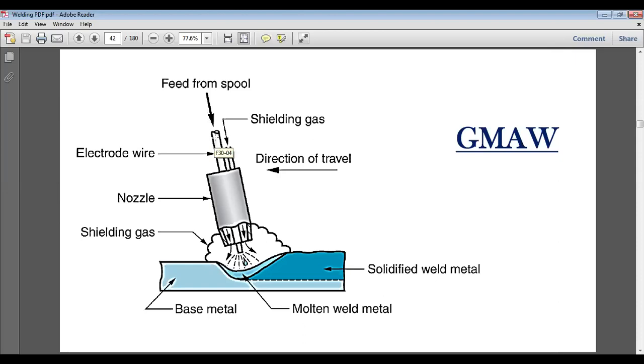So the power drive is there, that is basically giving feed. Then we have the electrode wire, shielding gas all around. We have a barrel and this barrel carries the inert gas, and we have a cylinder and compressor that basically compresses the inert gas to come out from this nozzle and protect the whole environment. So this is also called MIG welding, metal inert gas or gas metal arc welding. So we can verify and write down the complete explanation along with equipments with this figure.